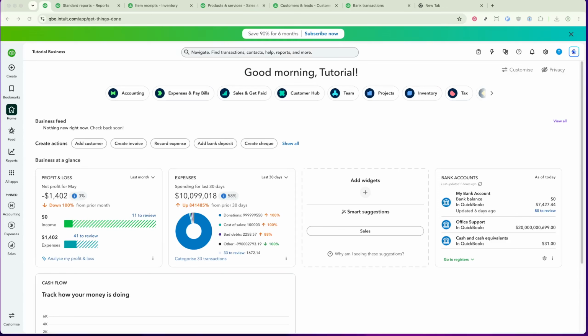In today's video, I'm going to teach you how to print a profit and loss report in QuickBooks Online. If you're managing your business finances, the profit and loss report is one of the most essential tools. It gives you an overview of your revenue, expenses, and overall profitability, helping you make informed decisions. QuickBooks Online makes generating and printing this report quick and easy, and I'll guide you through the entire process step